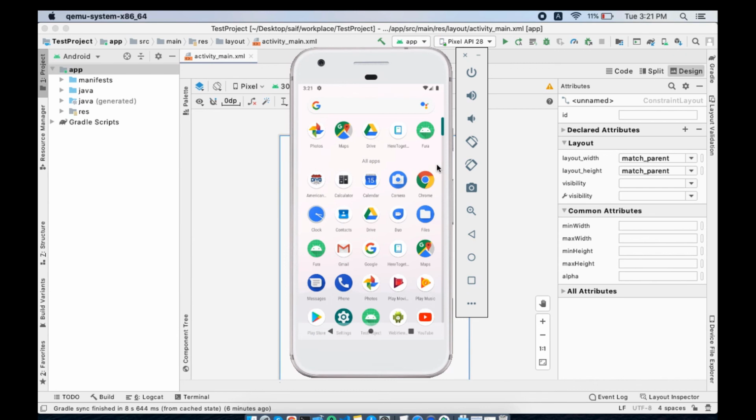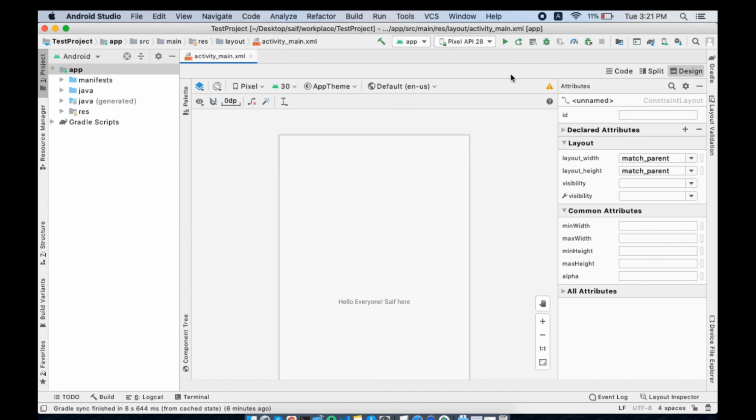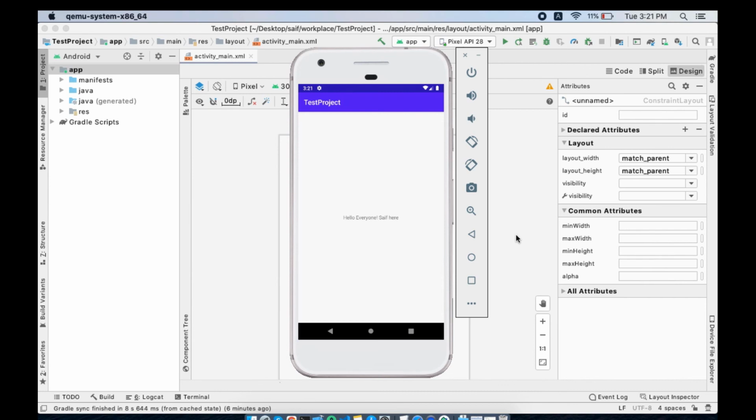Now we need to run our app to see how it will look here. To run our app, press this green play button, and that's it. You can see our app is up and running. You can see the Hello Everyone app here. This is the main screen which was created by default, which we have customized a little bit. For now we will not do any other functionality. This was pretty much it for this lecture. In the next lectures we will start working on the coding and the actual functionality of the app.